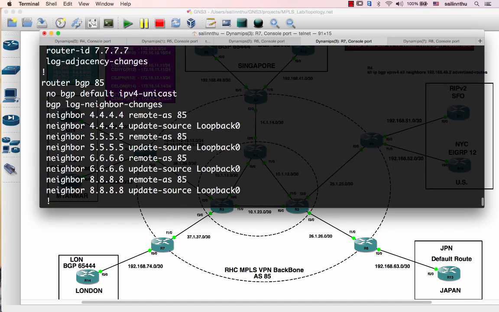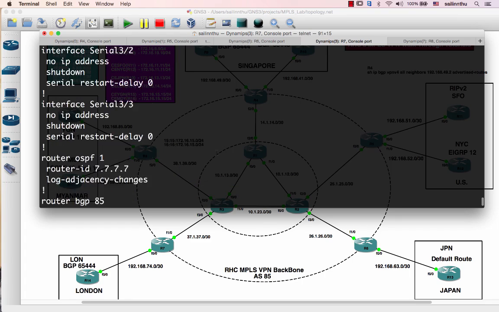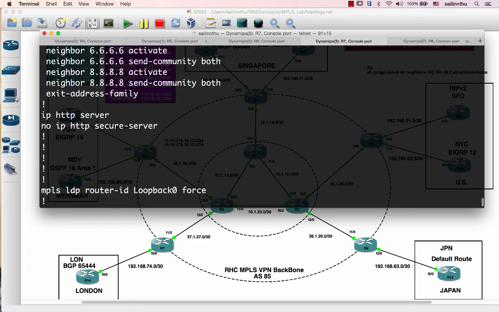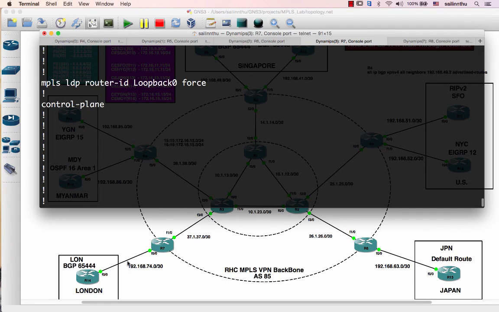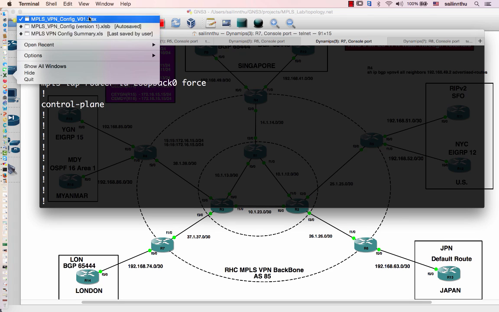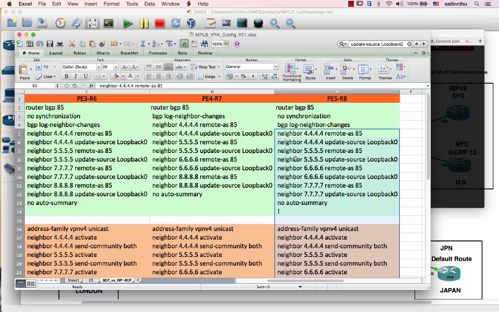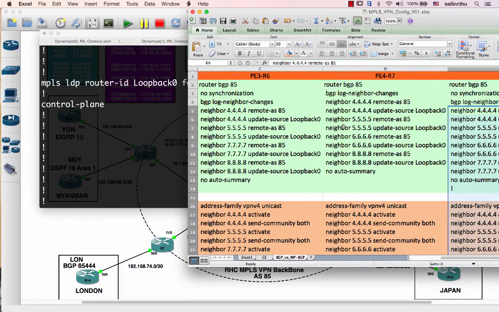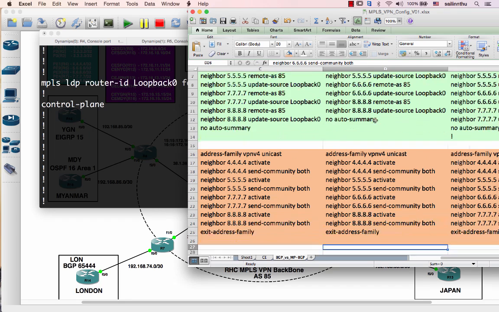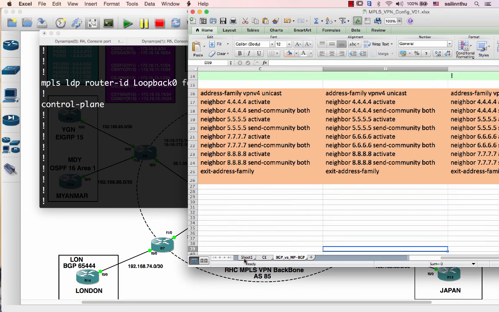And also we need to configure BGP with this guy. So what we're gonna do here is I've already prepared the configuration, and here we go, and it's on router 7, which is from here, which is from PE4 router 7. It will be here,